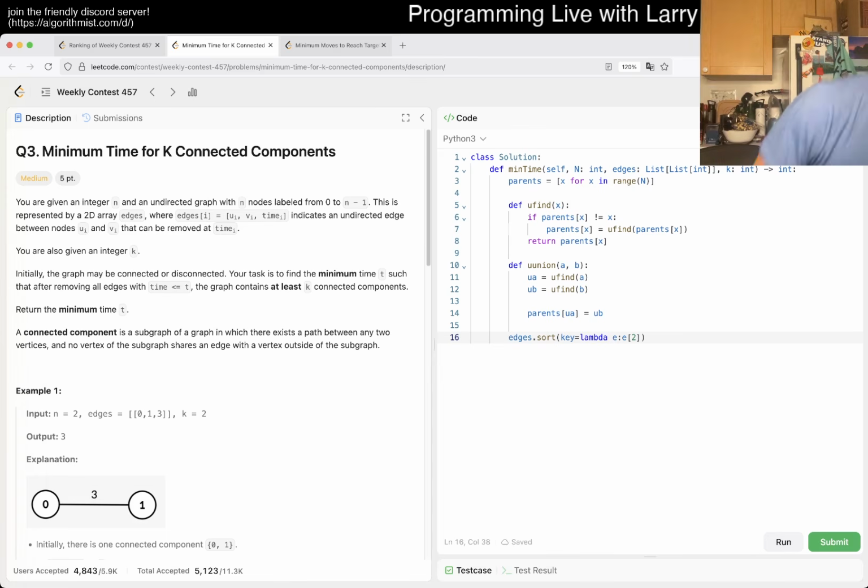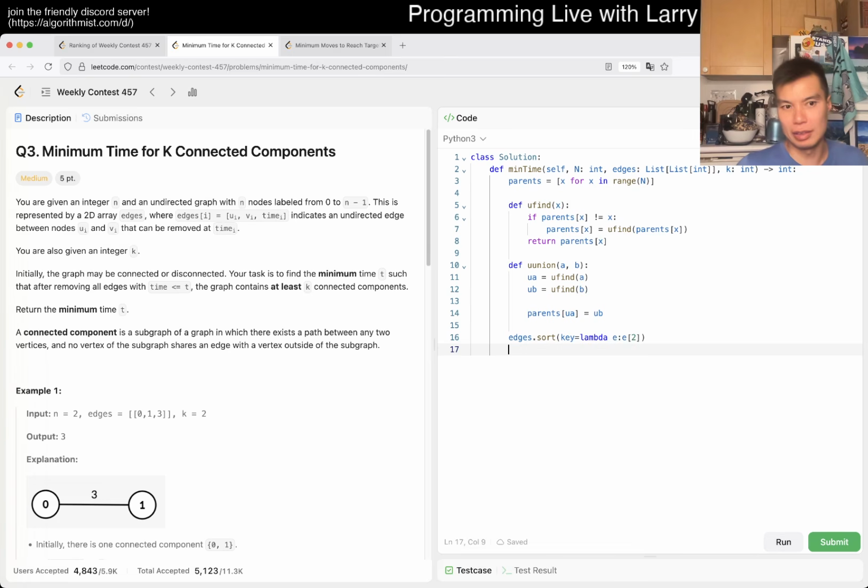Alright. I mean, this is just union find, right? But it can be okay. So you have to remove. A minimum time. So in the beginning, we have a lot of components. So as we remove them, I don't think this is that hard, but I'm just struggling to make sure that I have the idea. Okay, so then now after the... I mean, removal is just the opposite, right? So then